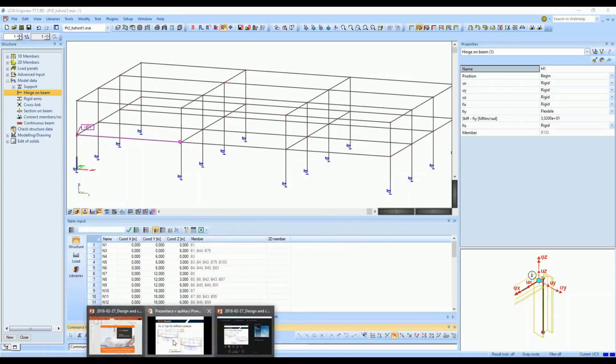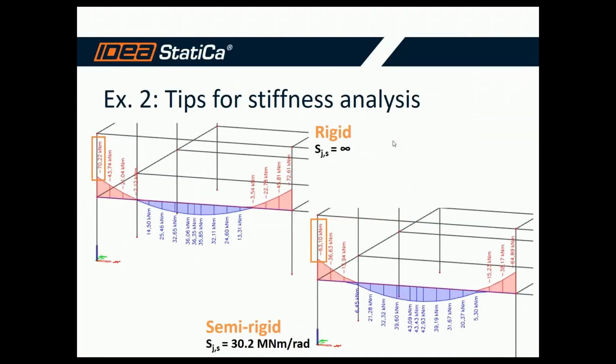And the results are here. In the first part, we made the analysis, and as I showed you before, in the joint we had the moment 70.2 kilonewton meters, and in the middle of the span, it was about 36 kilonewton meters. And when we added the rotational stiffness into the joint, right now we get other